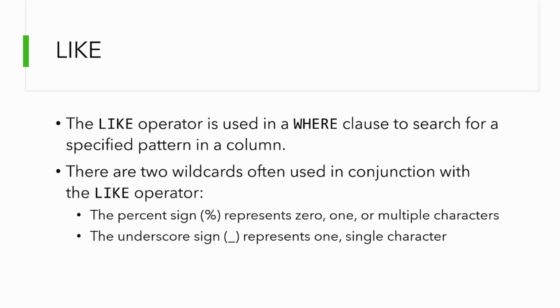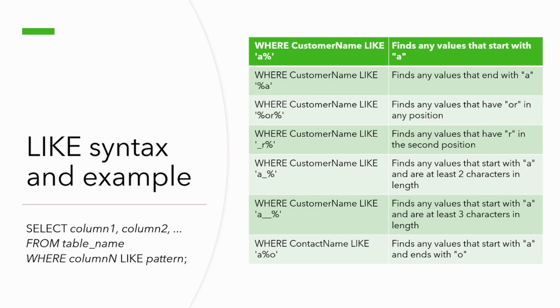Now you can use 2 particular signs to find it, the percentage sign and the underscore sign. The percentage sign can represent 0 characters, 1 character, or 2 or 3 or as many as you want. It is 0 or many, that's the number of characters it can have. And when you use underscore, it represents only 1 character. So let's say I put percentage London, which means that it ends with London, and percentage means you can have as many things as you want in the address. That is not a concern for me. I just want to know if the person is from London. So you use percentage and then you follow it with London. This is the syntax and the example.